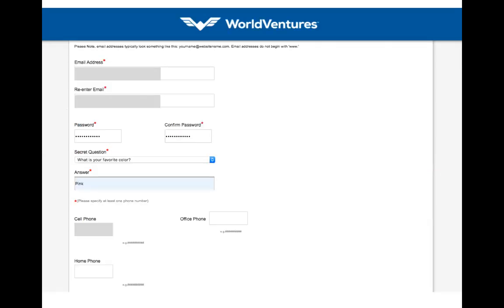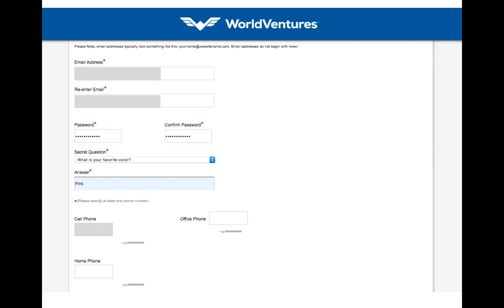The next page is where you enter your email address. And then you have to enter it twice just to see if it's consistent and you haven't made a mistake in punching in a digit or something. I prefer you have a personal email account, not your work one or a business one, only because sometimes the server at your workplace might just send emails from World Ventures into spam or junk mail, and then you will never get to see it,